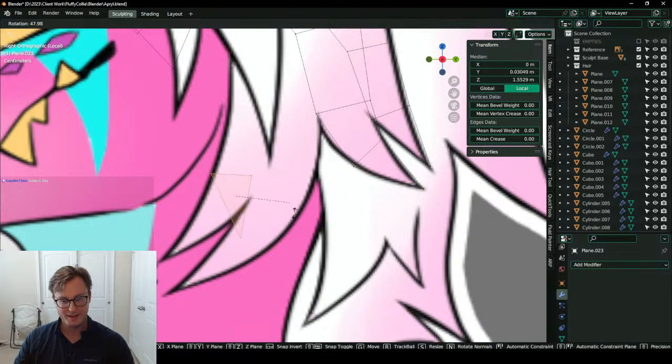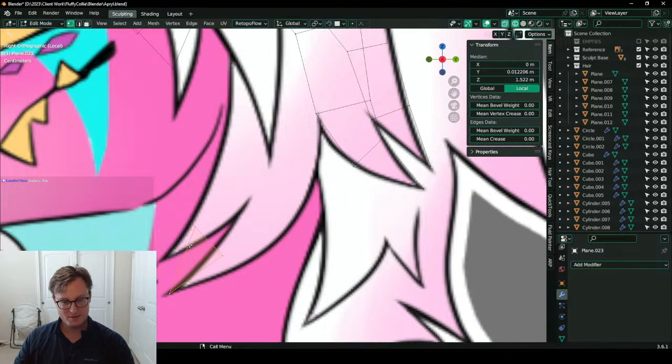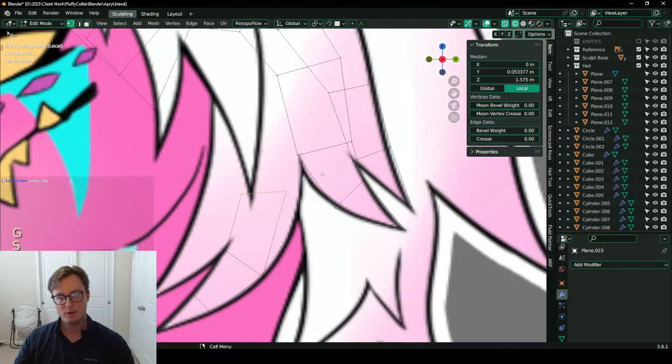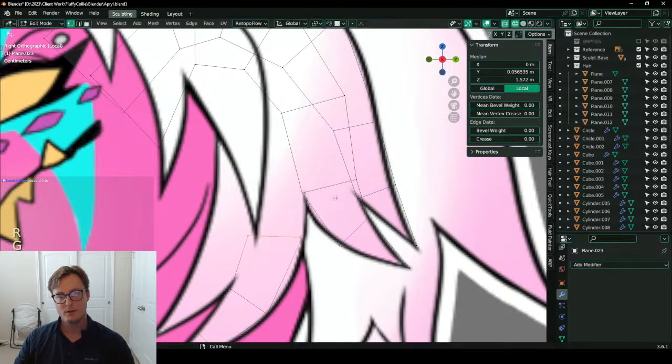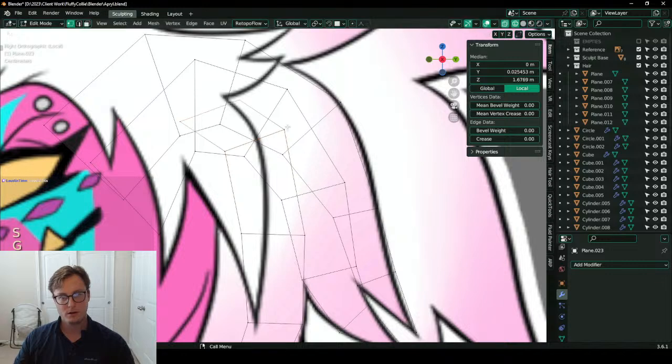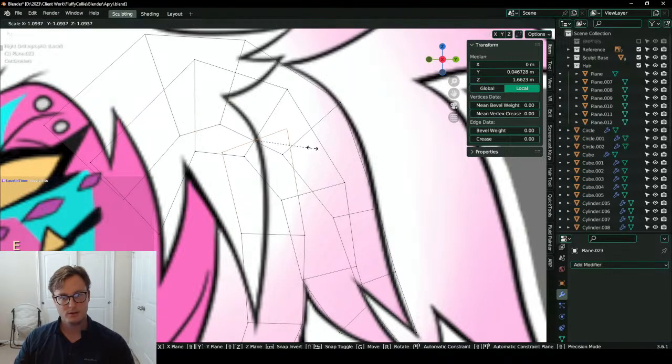Kobold fits. We got modern kobold. She's got like a punk outfit and more modern accessories.